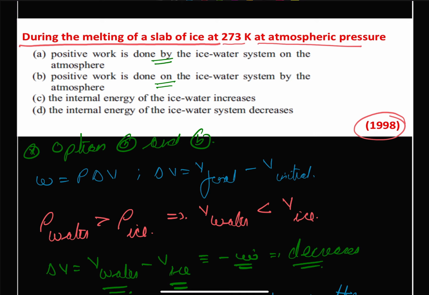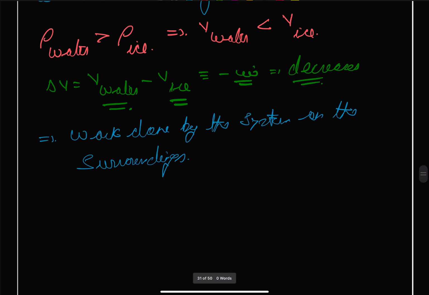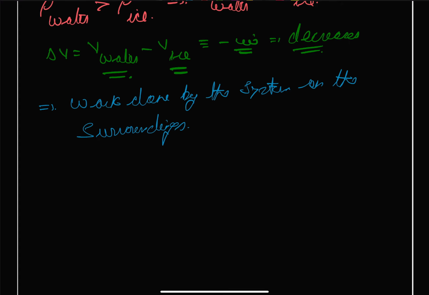Okay, we have to do it in the positive and negative, so we can use the basic equation, which gives that our work done by the system will be equal to atmospheric pressure times delta V, which we found is negative. So we get this will be less than 0,